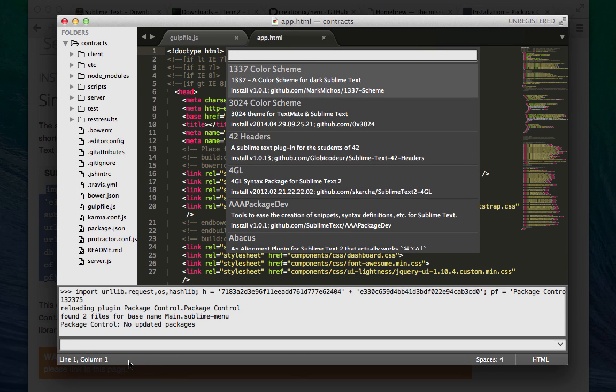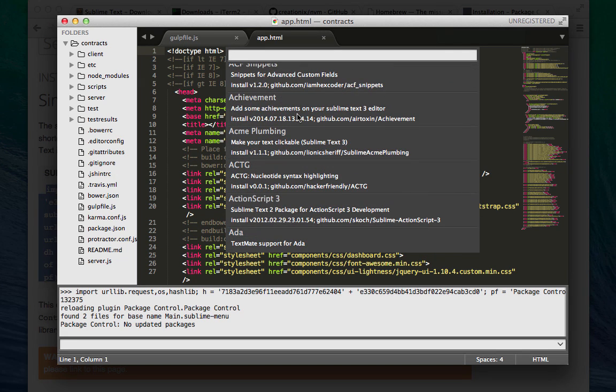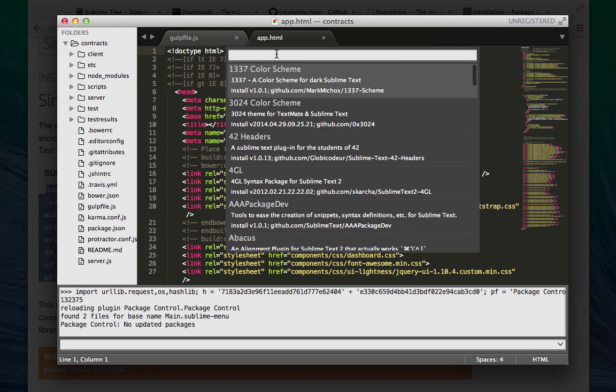If you see at the bottom in the status bar, I don't know if you saw that, it was loading up all the packages that it found. But now I can do a search, and you can install anything to your heart's content to enhance this IDE,